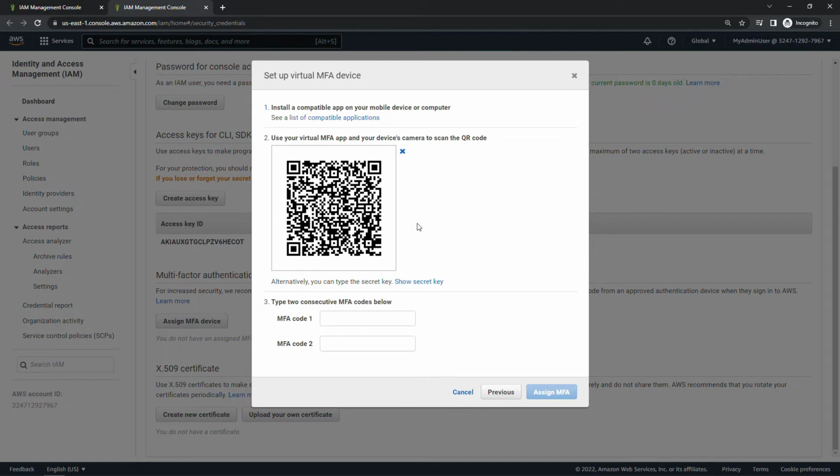I'm going to hit the plus sign and then scan a QR code. Due to security policies on my phone, I actually can't show you what I'm seeing here, but I just held my phone up to the screen. We captured that QR code. And now there's a code showing for me on the phone. I'll enter that here. And then I'll wait to get a second code. I'll enter the second code, assign MFA,